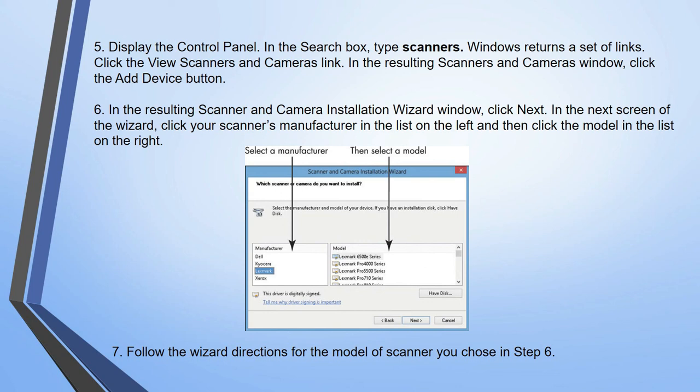Okay, so after installation of the software, you have to search from your Control Panel or from your Device Manager, where you will get the detailed information about the Scanner and Camera Installation Wizard. Just like here it is showing you the wizard information, you have to select it, then click Next, then the Finish option will be there for finishing the installation. Clear?